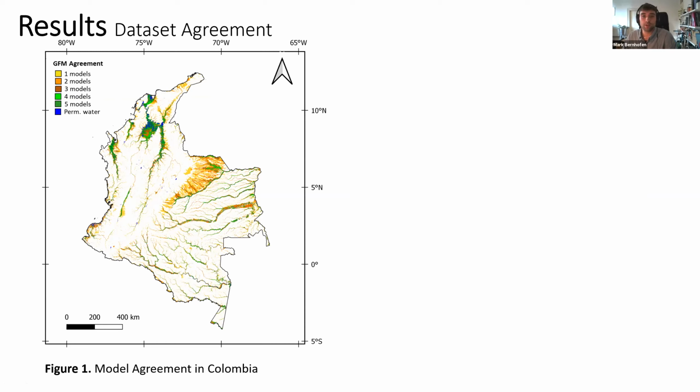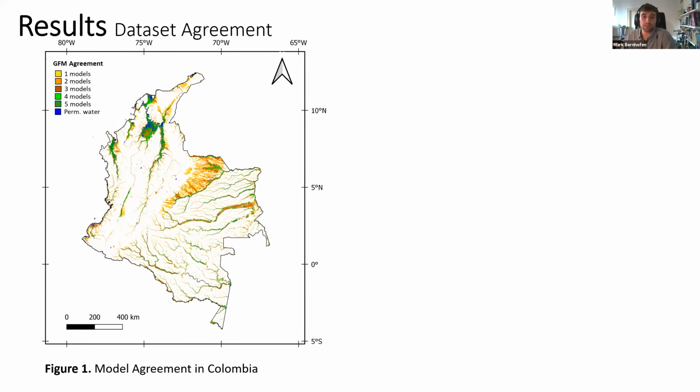So across the 5 countries, we found that generally the models agreed more on larger rivers, like you can see for the Magdalena River here to the north of Colombia. And the disagreement was higher on smaller rivers, as you can see for this yellow patch in central Colombia. This is because the models all have different minimum threshold river sizes, which means that some of the models don't model flooding on small rivers.